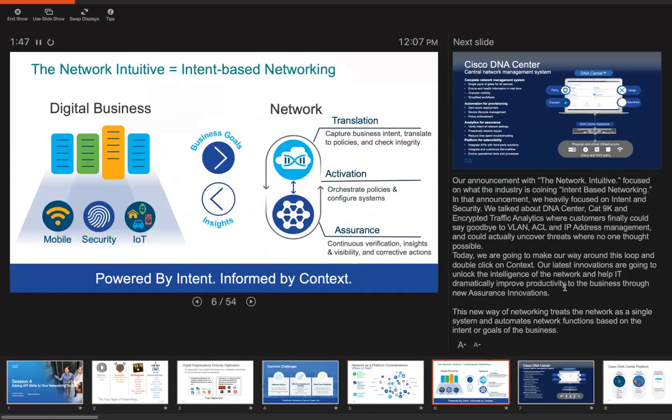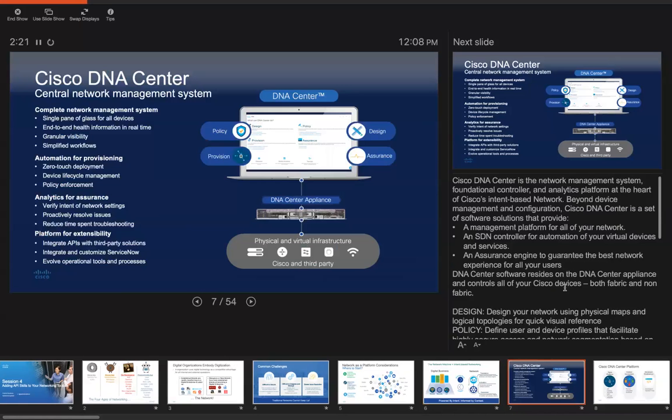As we started looking at what this means, the software-defined networking piece, at a vendor-neutral definition, is called intent-based networking. Cisco calls it the network intuitive. There are some business desires, some business goals that need to happen, and so we go to the network. The network takes those business goals and desires and translates them onto the network, and also makes sure that what we want to put on the network from a hardware and software perspective is met, and that we're getting insights fed back to us so that we can be sure the network is running the way we think it should be running.